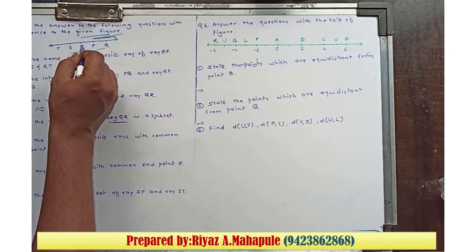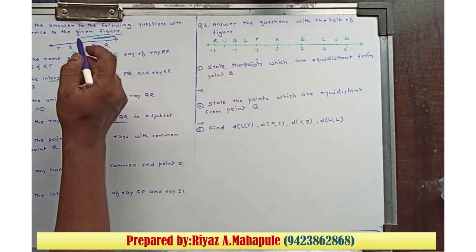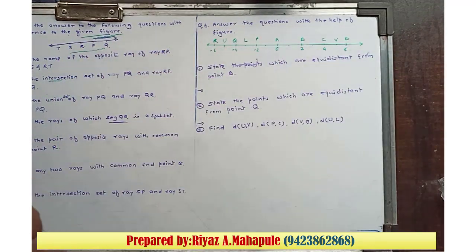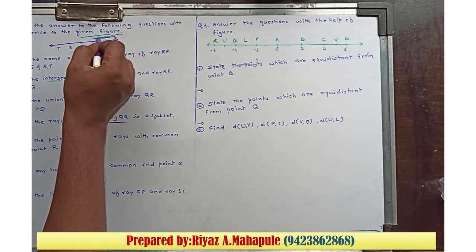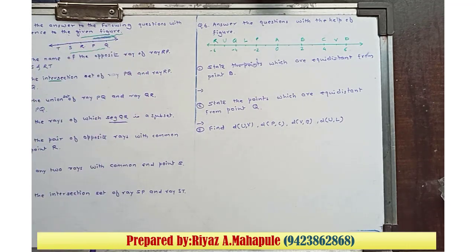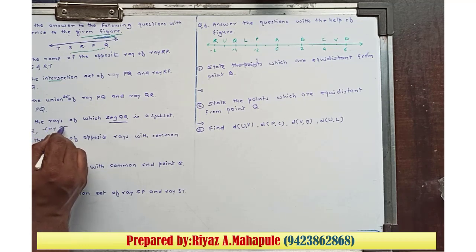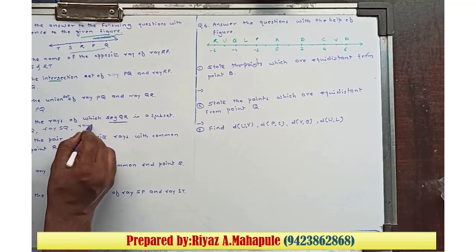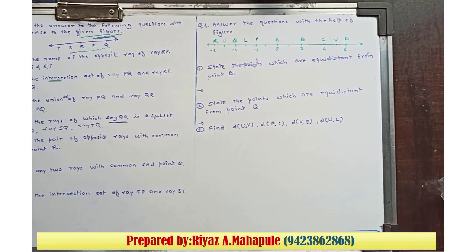Okay, so you can take ray RQ. रे आर क्यू बोले तो आर से स्टार्ट होगी, क्यू के डायरेक्शन में इनफाइनाइट जाएगी, तो उसमें का एक छोटा सा पार्ट जो है वो सेगमेंट कौन सा रहेगा? क्यू आर रहेगा. Okay, so ray RQ, ray SQ, ray TQ, all these are the rays of which segment QR is a subset. ठीक है, वो subset रहेगा. ठीक है, तो we write solution as, state the rays. So ray RQ, this is the first ray. Second ray is ray SQ, and third one is ray TQ. ठीक है, these are the rays of which segment QR is a subset.